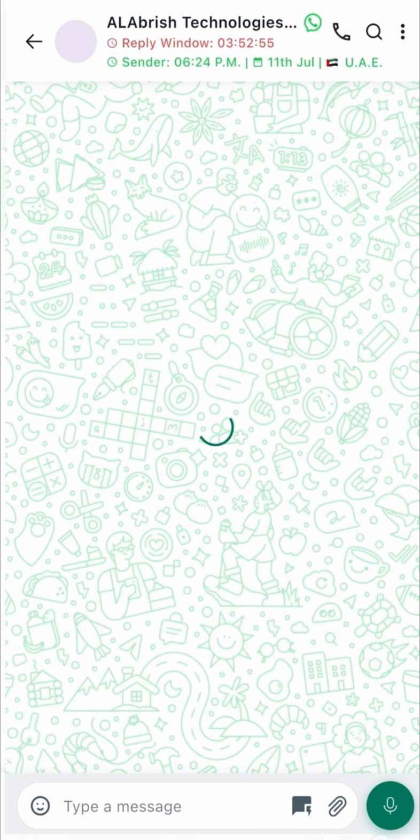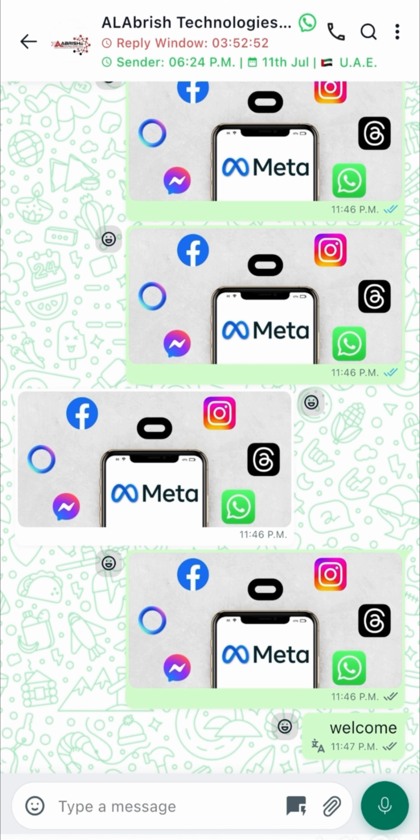Let's open a conversation. Now on the top, you can see that the customer's profile picture is visible. We have added this feature just like WhatsApp, so the team member feels like they are using WhatsApp itself. Then on the top, you can see that the business name is visible. Beside that, we can see if the customer is using WhatsApp Business or a WhatsApp Messenger.